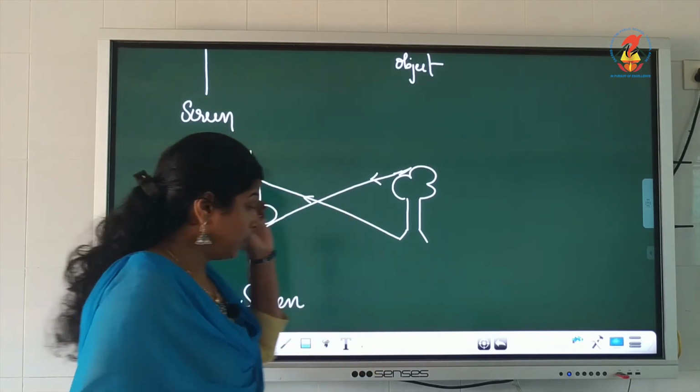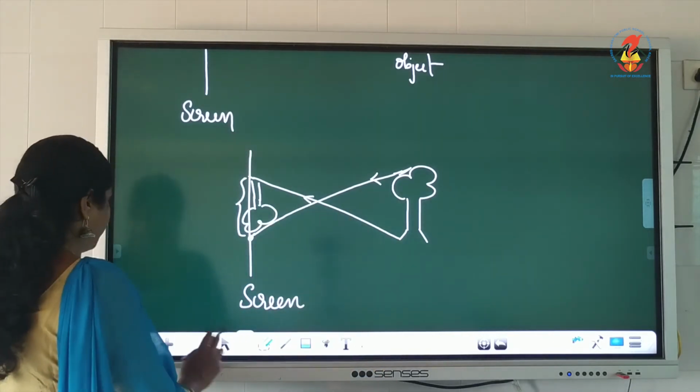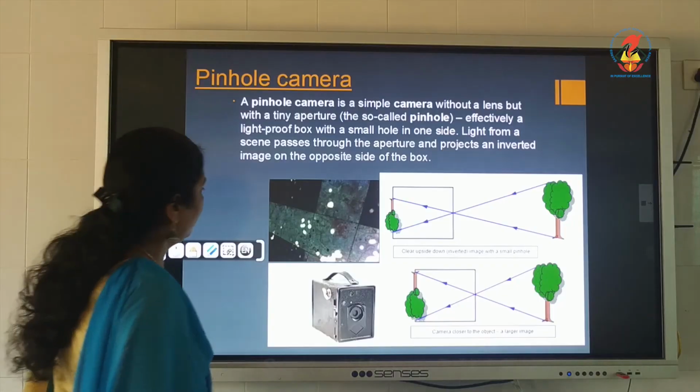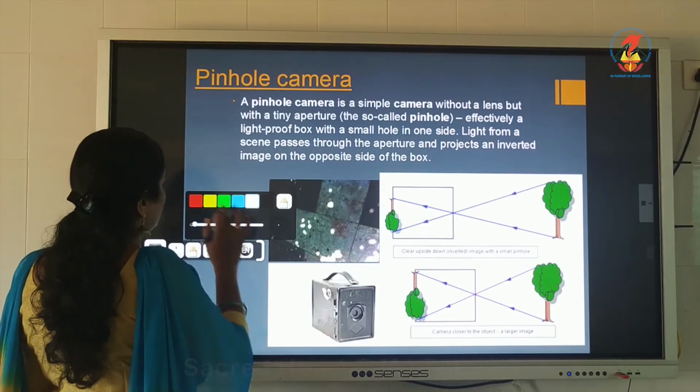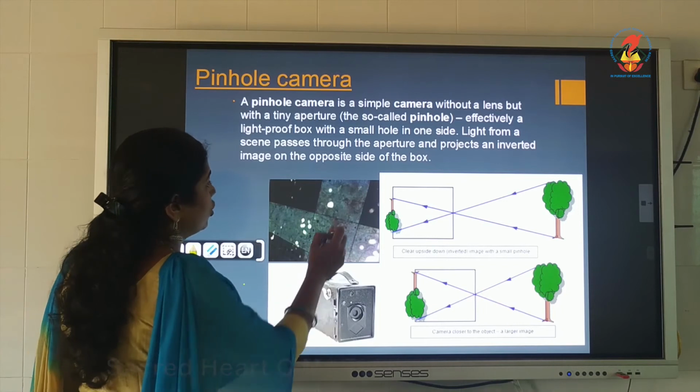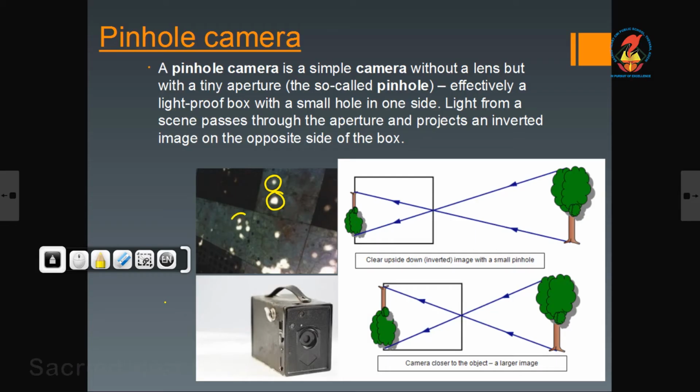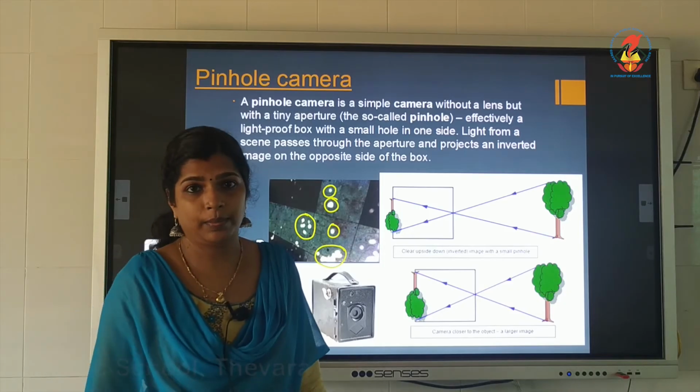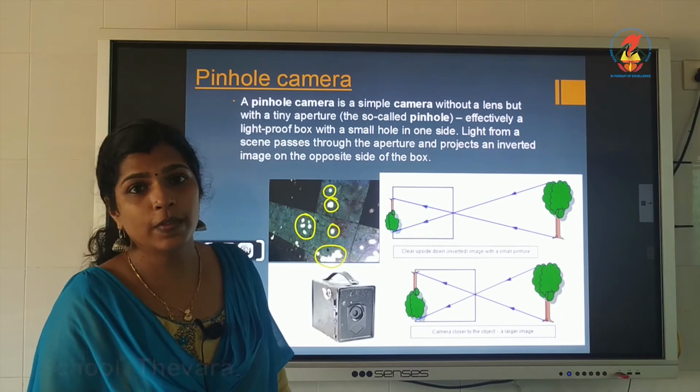Then on certain sunny days you can see bright patches of light under the shade of trees. Bright circular patches of sun. That is actually the image of the sun.